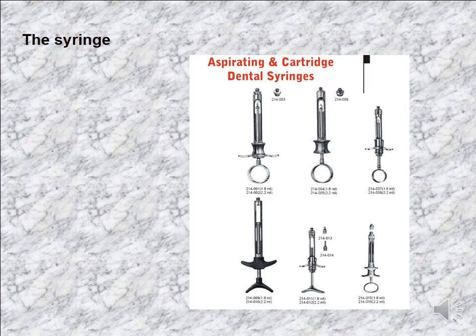We start with the dental syringe. We have many types of dental syringe. Its name is dental because it is used only in a dental clinic, not used in medical